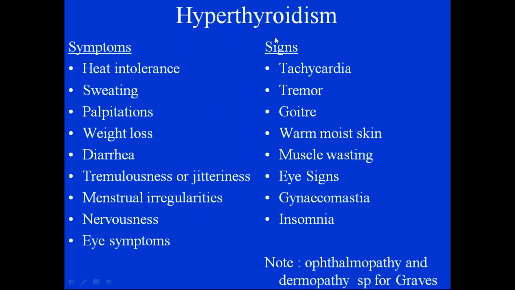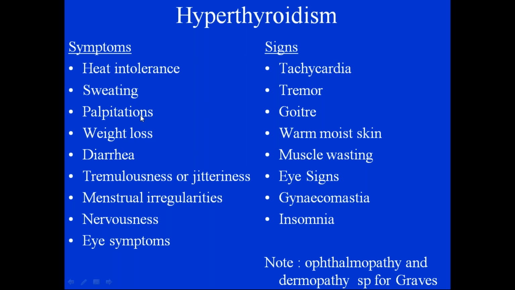So what are the symptoms? See, the opposite of hypothyroidism will happen. The patient had cold intolerance there. Here, the patient will have heat intolerance. The patient will have excessive sweating. Palpitations will be there. Weight loss. There, the patient used to have weight gain. Here, weight loss. Diarrhea will be there. In hypo we had constipation. Tremulousness or jitteriness will be seen in hyperthyroid, menstrual irregularities, nervousness, eye symptoms will be there